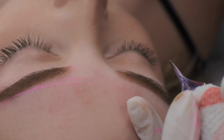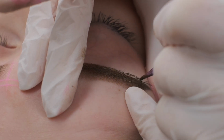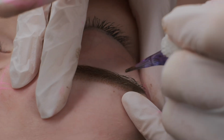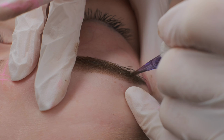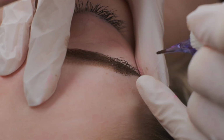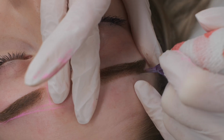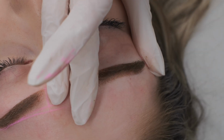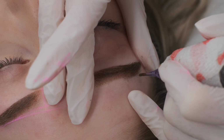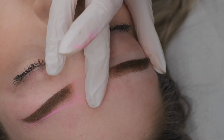Okay, checking the other side if it's the same. I have to make this part at the bottom tiny bit more precise, but it is beautiful and clean at the bottom, so we are all good. And here a little bit more gradient, tiny bit more. I am going more up, up, up, over here. I need more pigment, this way. Moving my client's head. So last touches,